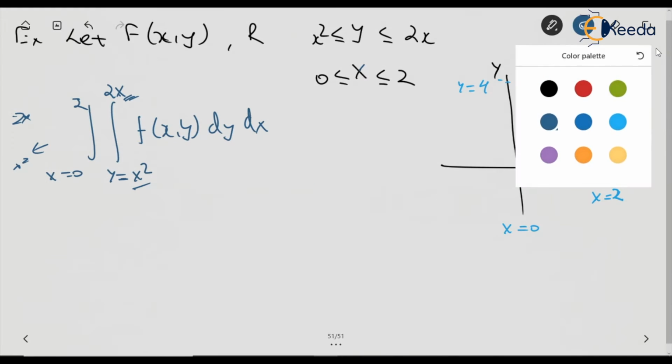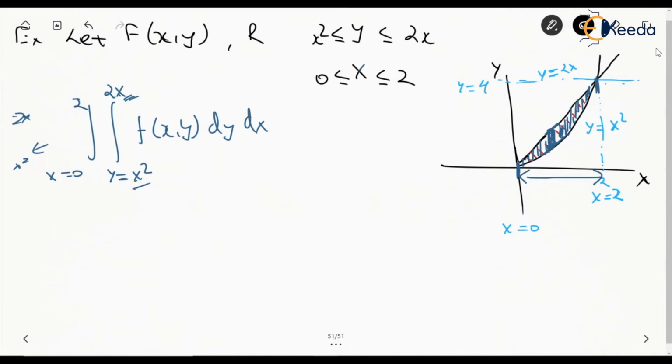So let's say for the same function and for the same region, we are going to take another curve. Let's say this is y is equal to x square, and let's say that this is y is equal to 2x.